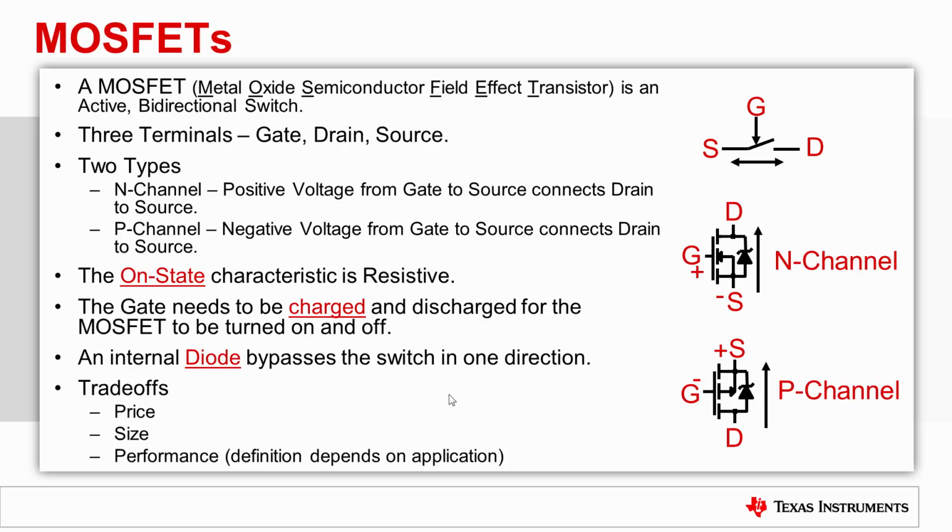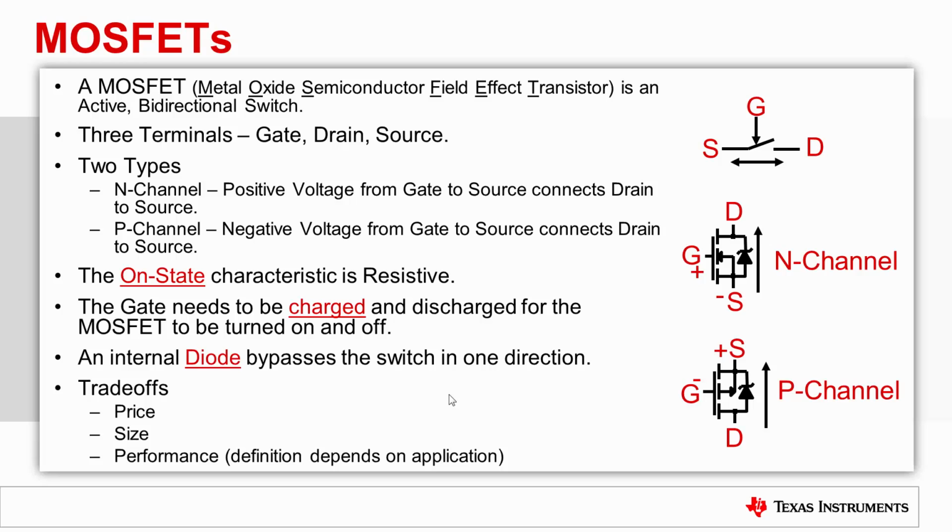An N-channel device is enabled when there is a positive voltage from gate to source that is greater than the MOSFET's threshold voltage. When this occurs, the drain is connected to the source and current is allowed to flow. A P-channel device has a similar operation with the opposite orientation. The P-FET requires a negative voltage from gate to source, in this case less than the threshold voltage, to connect the drain and source terminals.